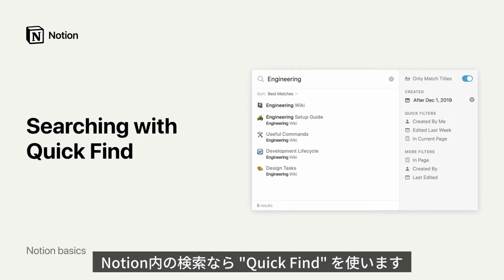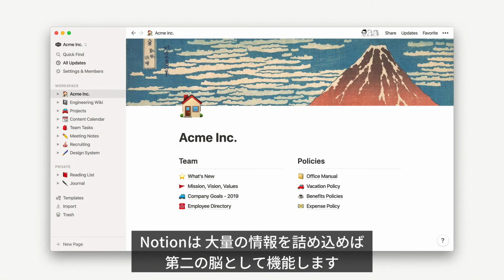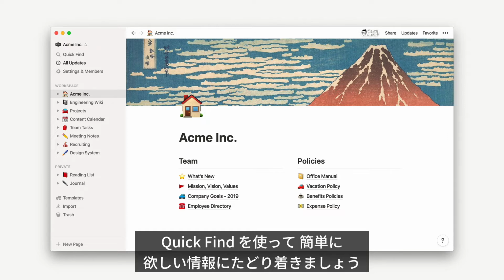Looking for something? Use QuickFind. When you store lots of information in Notion, or your colleagues build a complex wiki full of team knowledge, it's almost like having a second brain. QuickFind makes sure that you can search for and jump immediately to any page or content, so you can always